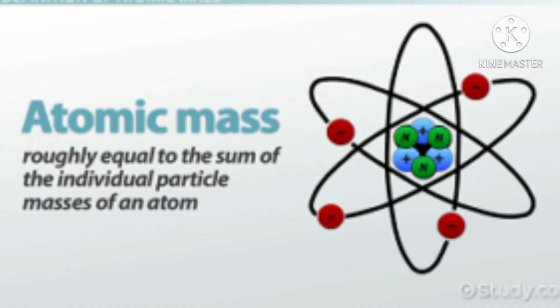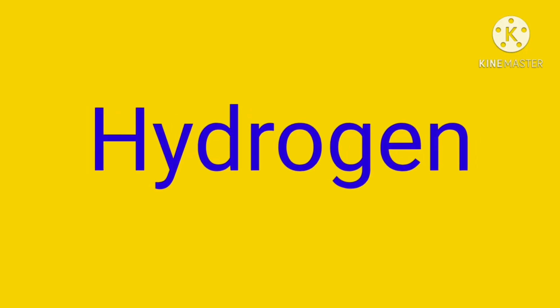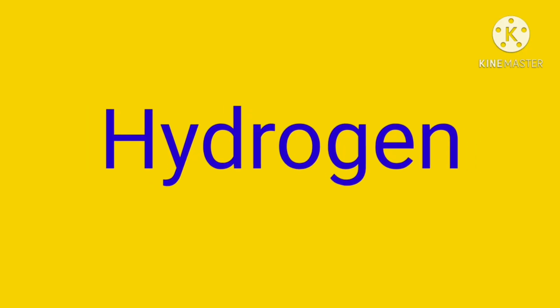Next, our concept is atomic mass. The most remarkable concept that Dalton's atomic theory proposed was atomic mass. According to him, each element had a characteristic atomic mass. Since atoms are extremely light and small, scientists find it difficult to measure their individual masses. Hence, the mass of an atom is compared with a standard atomic mass of some other element. Atomic weights of elements were determined in the beginning with reference to hydrogen by John Dalton.